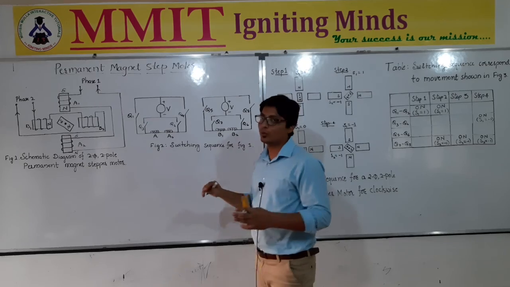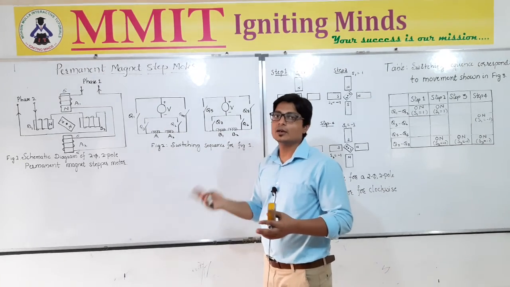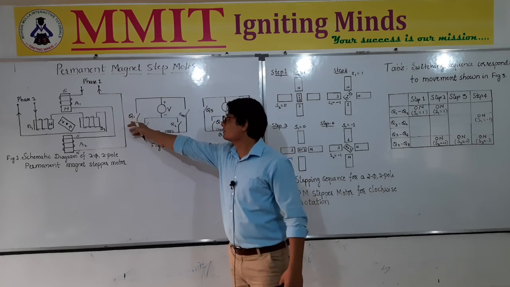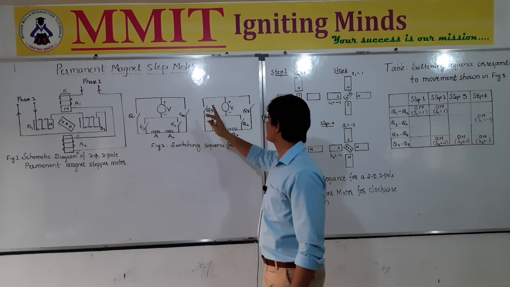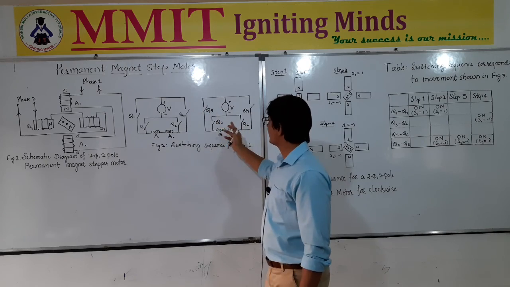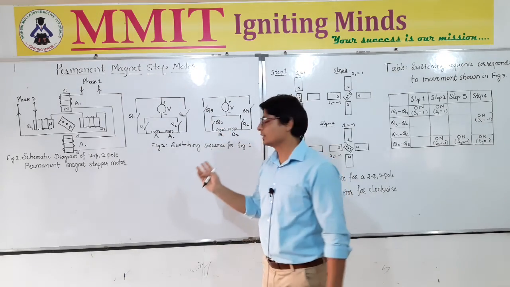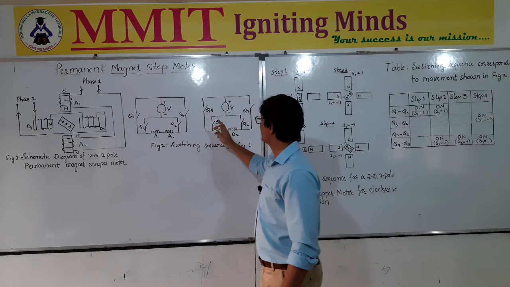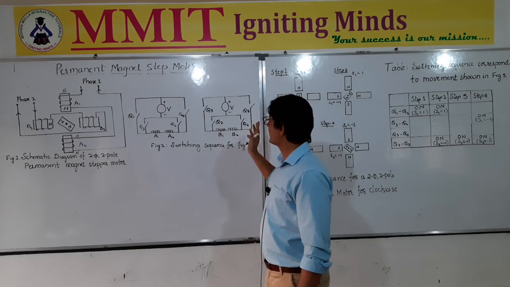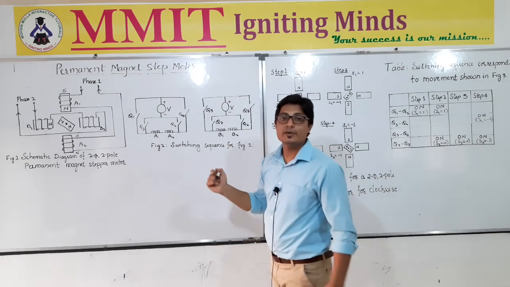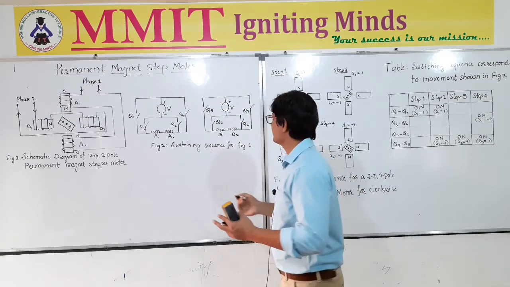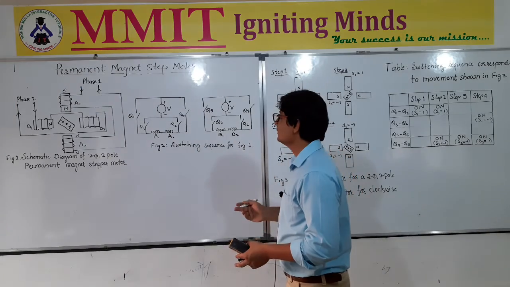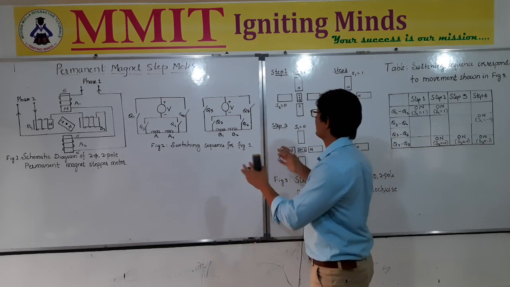Depending upon what type of direction we want, either clockwise or anti-clockwise, in that way we can obtain it. Suppose Q1 and Q2 are closed and Q5 and Q6 are closed, in that case we are going to get anti-clockwise rotation. And if Q1 and Q2 are closed and Q7 and Q8 are closed, in that case it is going to give us clockwise rotation of the step motor. The conventional direction is usually anti-clockwise, but still we can obtain clockwise rotation of the step motor also.